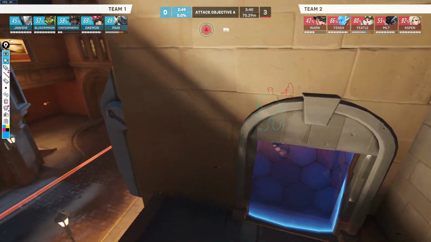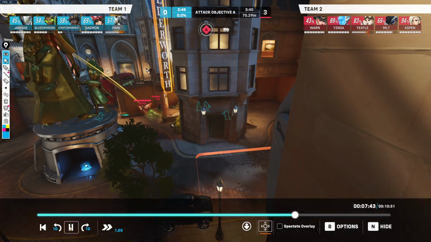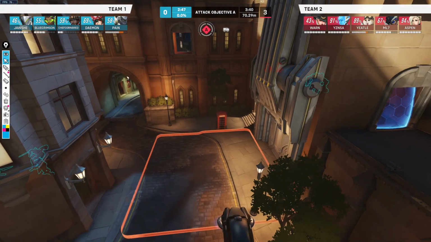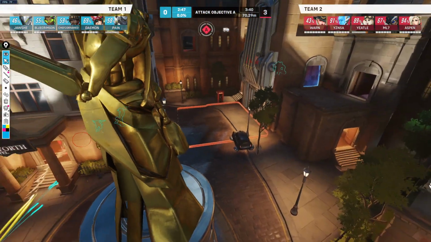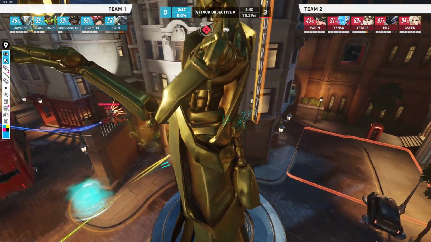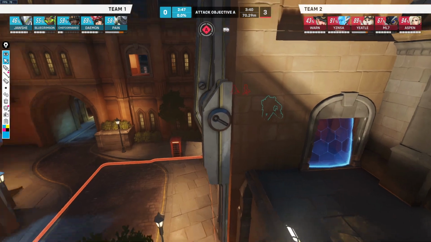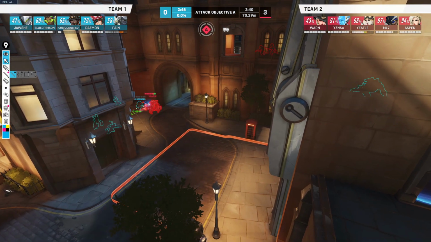Again, if this is Tracer, this is so much easier. And your supports, well, okay. So one thing that you could be doing is the supports could be trying to take this high ground. Obviously, there's an Echo Mercy here, and this can be tough. Honestly, you guys three here, this is fine. Pain's just going in a little early at this point. Now, how can you...